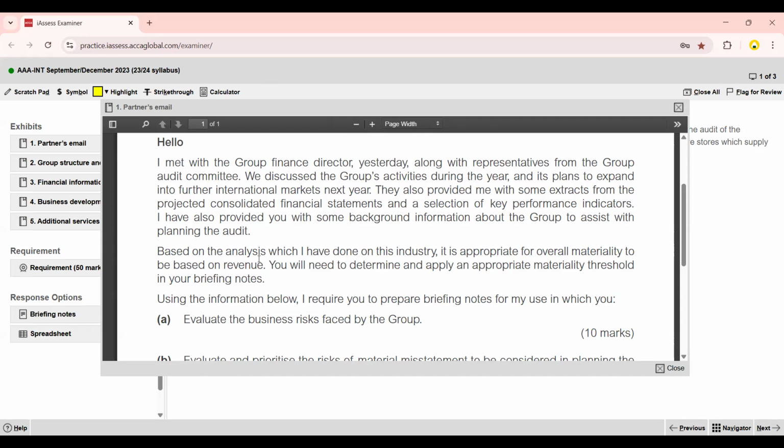It's all based on our judgment. Either we should use 0.5% or 1%. Using the information below, I require you to prepare briefing notes for my use in which you, Part A, evaluate